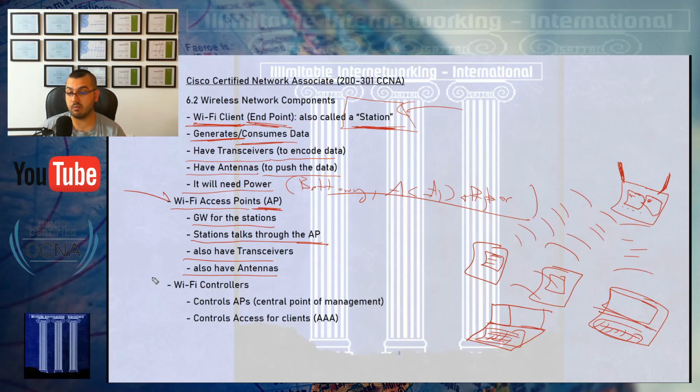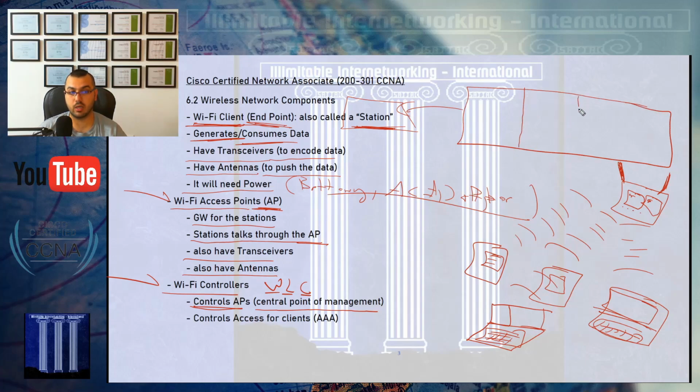After that, we have the Wi-Fi controller, or what's called the WLC, the wireless controller. Those guys control access points only. They are a central point of management for all the access points in your network, or some of the access points in your network. What do I mean by that? Imagine I have a ground floor in a hotel or hospital or whatever place, and this ground floor has 4 rooms or 4 sections,